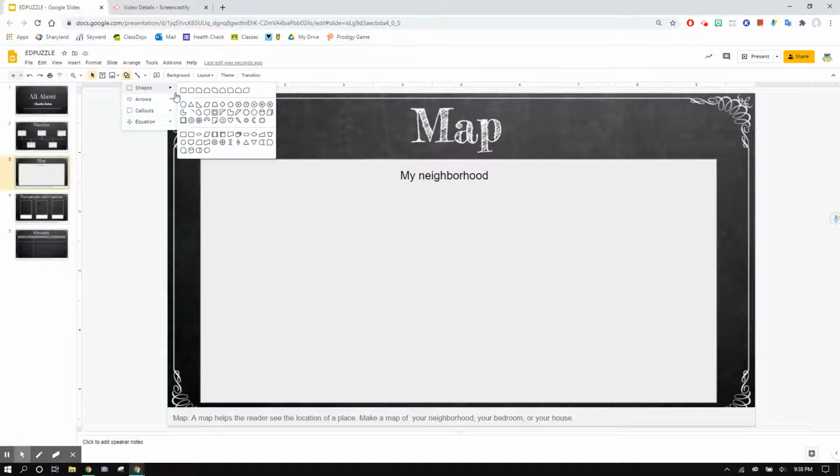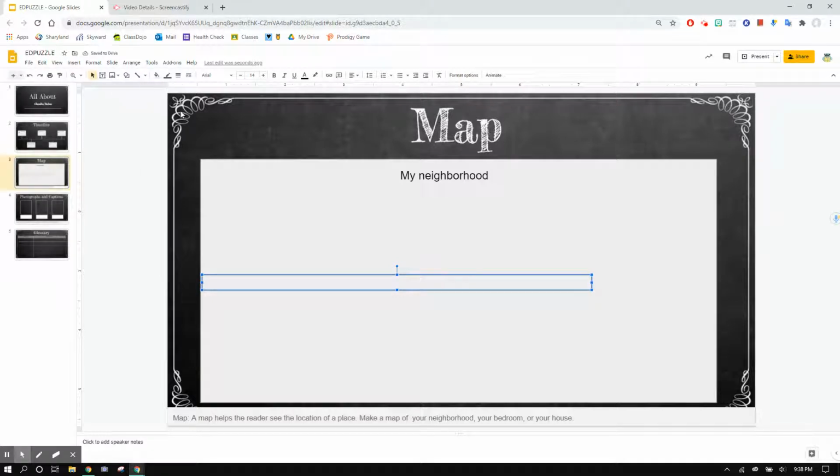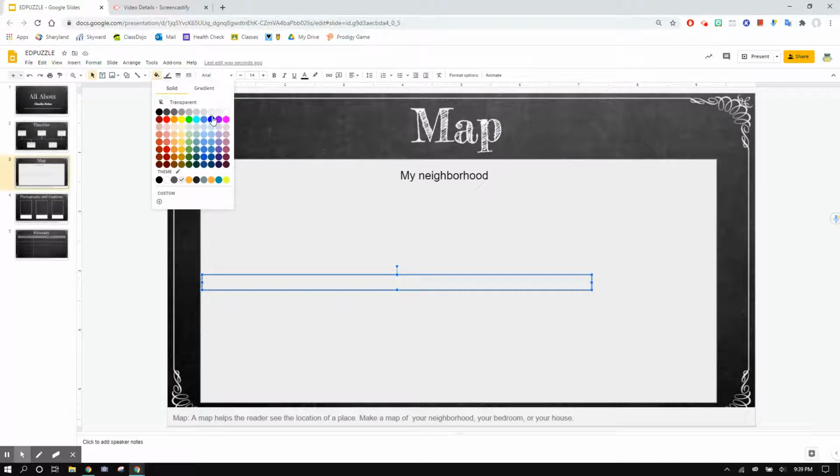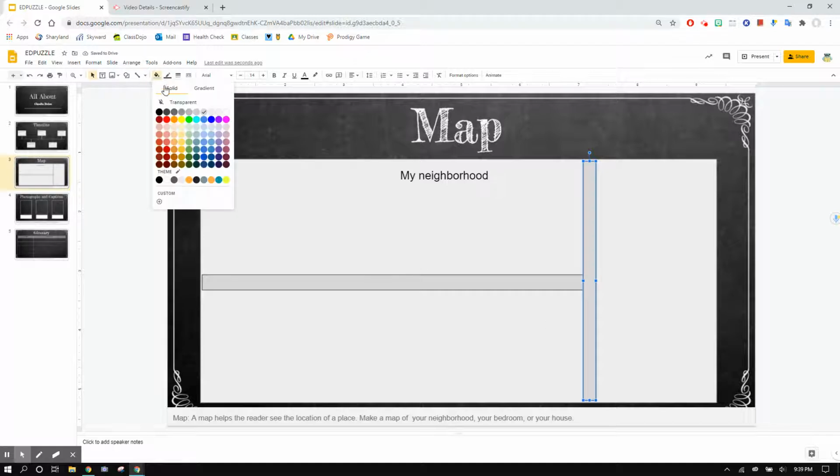I'm going to start off with a rectangle to make the streets in my neighborhood. So I'm just going to make a long rectangle here to show my street. And I'm going to change the color of it by pressing this paint bucket right here. So if I press this paint bucket right here, I'll just make it gray like a road. Okay, again, I need another street because the street ends here and goes like this. So I'm going to get another rectangle, click on that one, and I'm going to click and make a long rectangle this way to make the second street. Okay, and that one already turned gray,